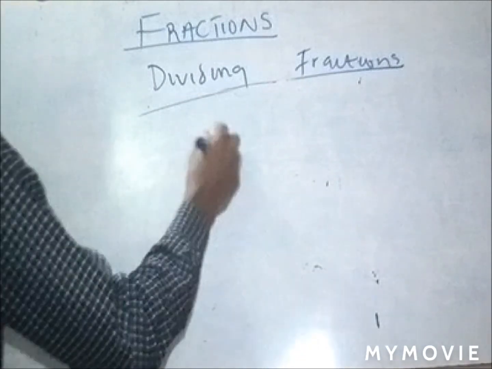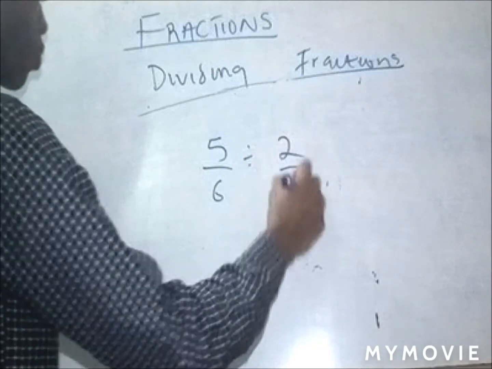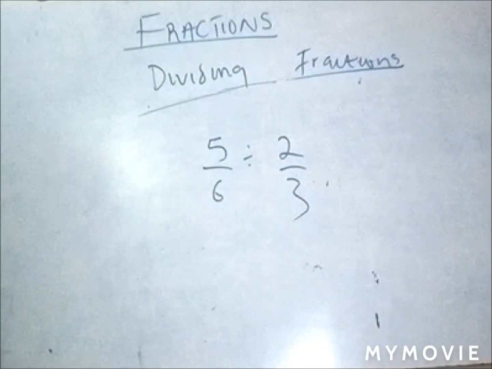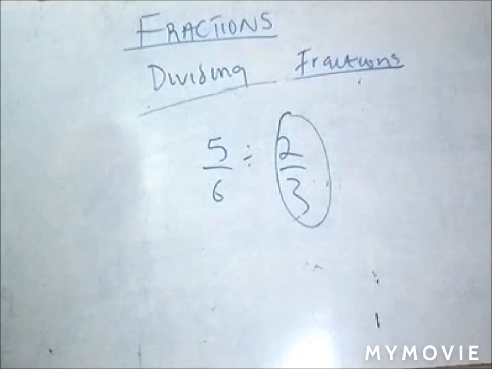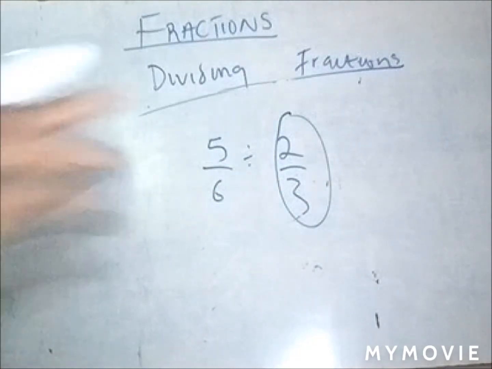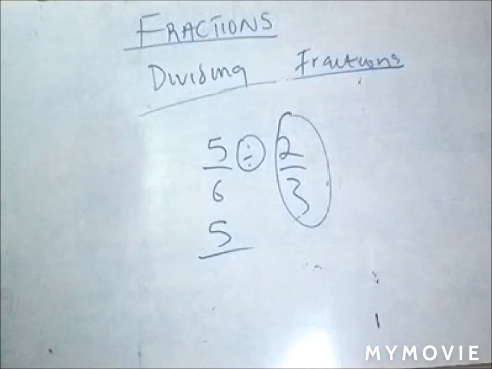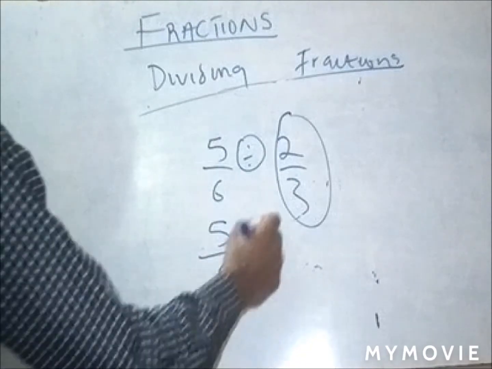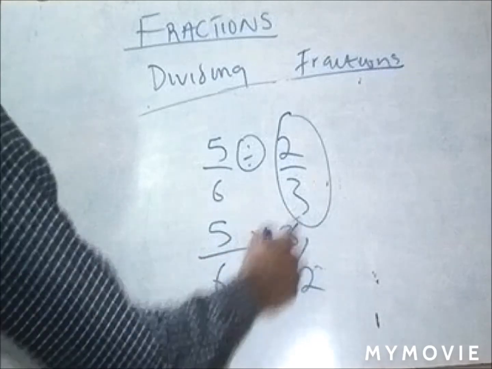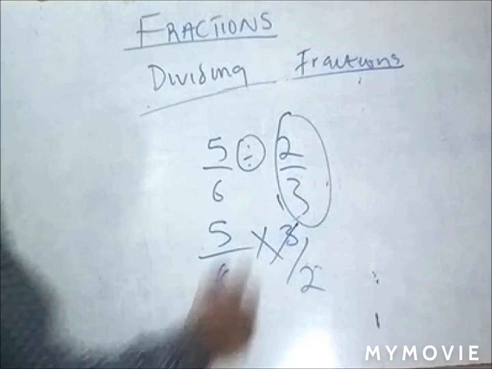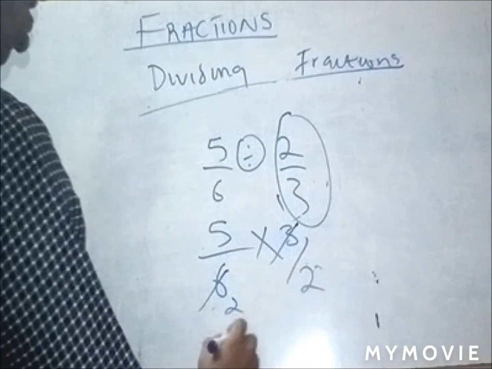Let's say 5/6 divided by 2/3. For this one, it's just the same thing. You find the inverse of the fraction on the right hand side. Just remember that is the principle. And once you find that, this sign will turn to multiplication. So you get 5/6 times 3/2. And this can cancel this 2, and this can cancel this out. So you're left with 5 times 1, 2 times 2, which is